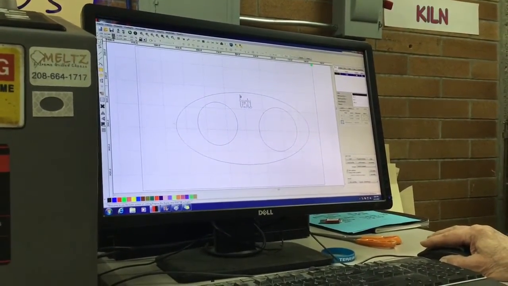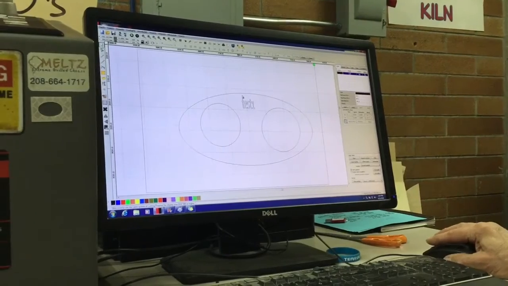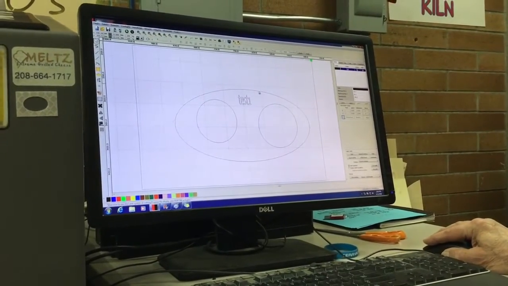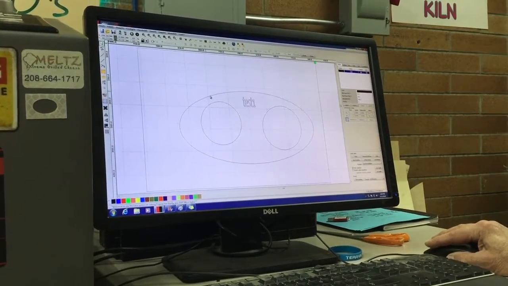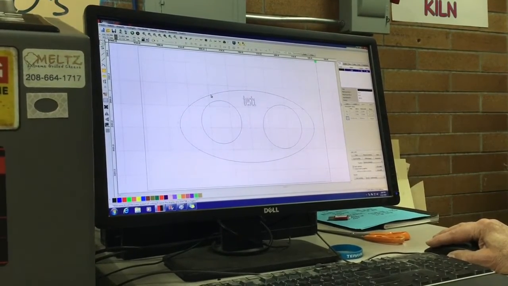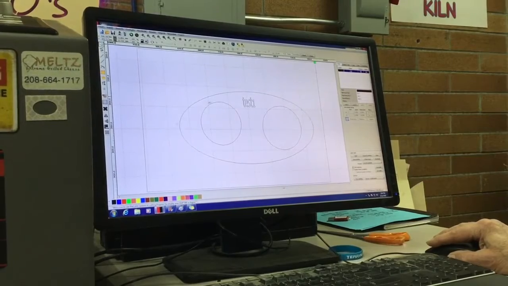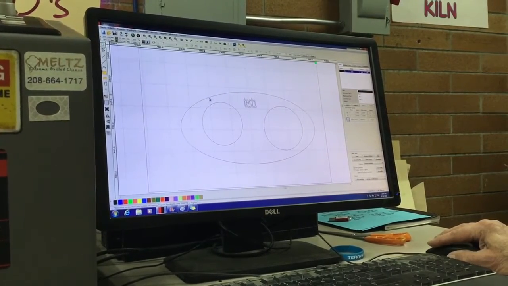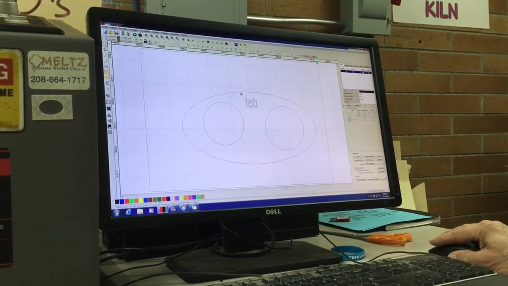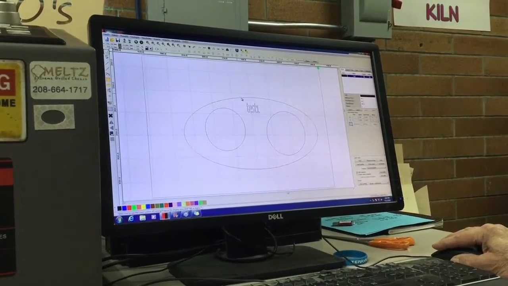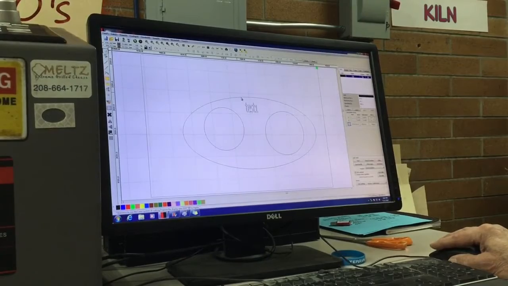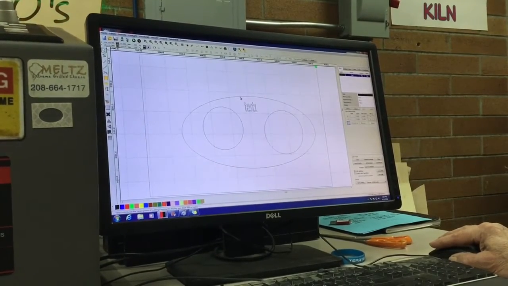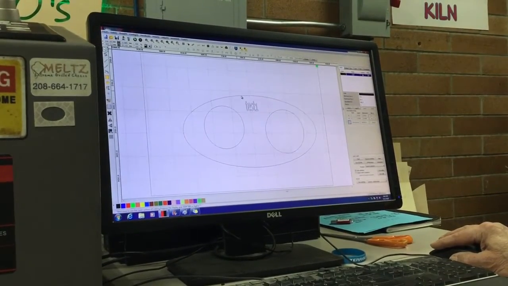There are multiple ways of using the laser. You can just follow a single line, and depending on how you set the power and speed, that could either just be marking that line like a wood burn, or it could be cutting all the way through the material. If you just want to mark it, you move pretty quickly and run a low power. If you want to cut through, you'd move more slowly and run a higher power on the laser. So the way that you would do that,